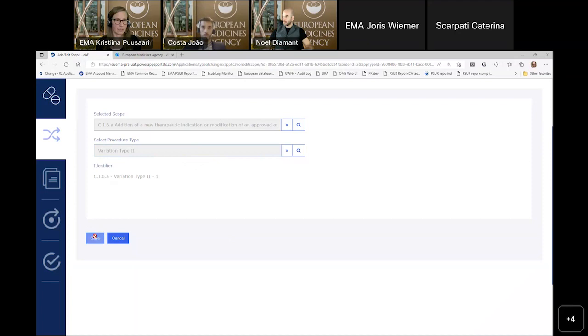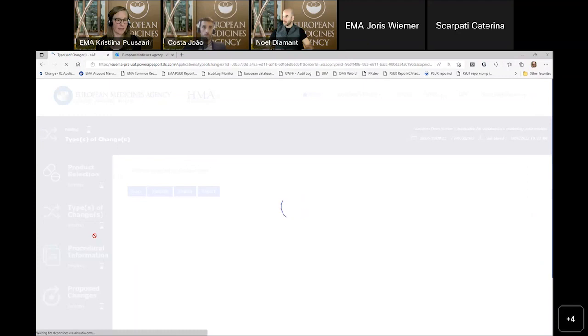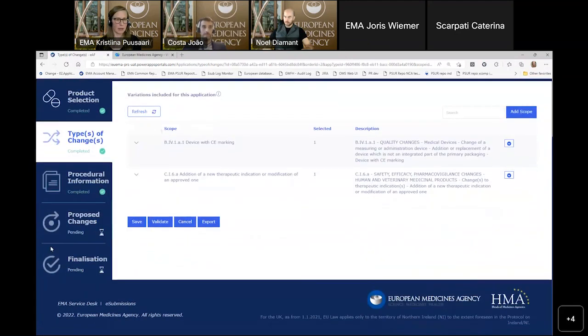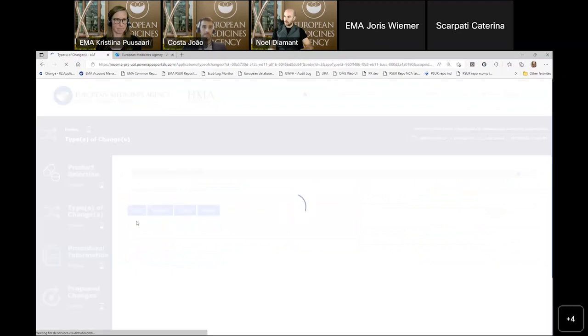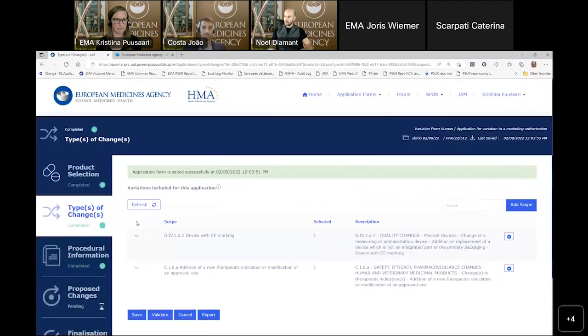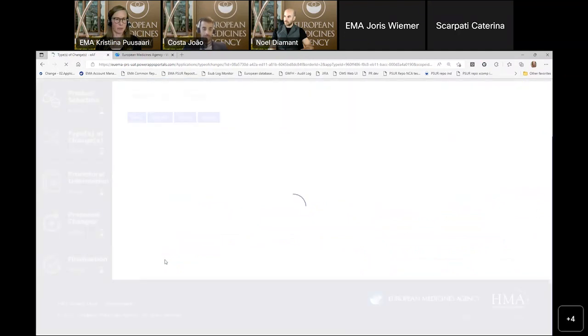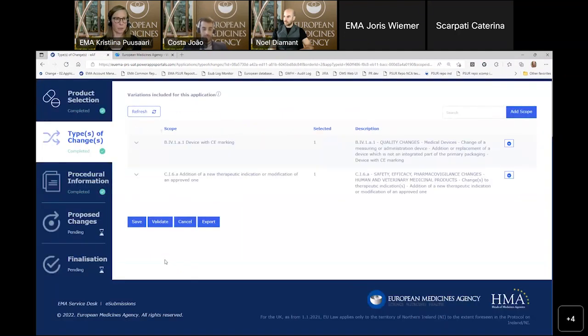So it's a type 2 variation, and I will save, and then we should be able to see the additional information section appearing. Let's wait a little bit. We have a bit more demo effect than we had hoped for.